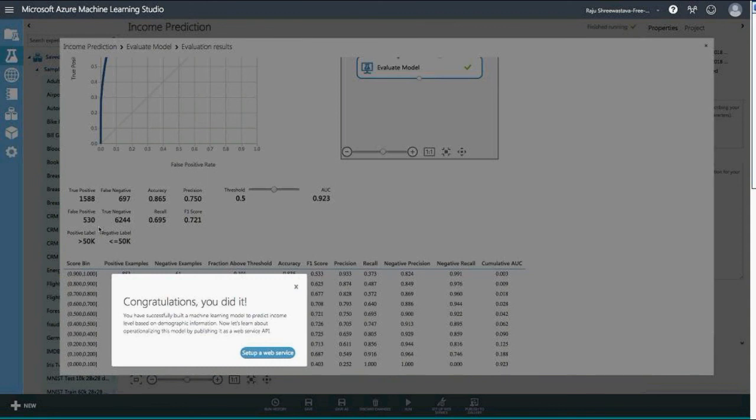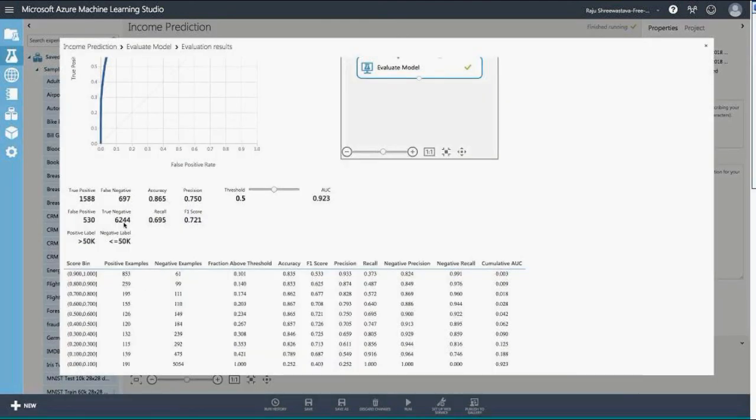Meaning I said this person is above 50K and he happens to be, that is true positive. I said yes, and it resulted. If that person was not, that is true negative. What you want is all your numbers should be sitting at true positive and true negative. When I say the person is 50K above, he should be 50K above. When I say no, that person is not, it should not be there. So that's my goal. And that's why the fine tuning and dialing keeps on coming and refining.